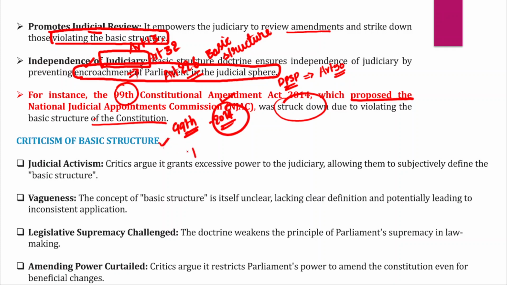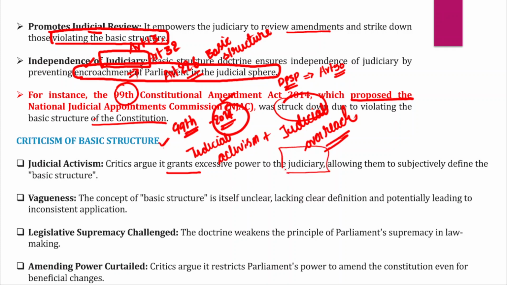It is not just about judicial activism, but it has also been promoting judicial overreach, because critics have been arguing that it grants excessive and unlimited power to the judiciary, allowing the judiciary to subjectively define what constitutes a